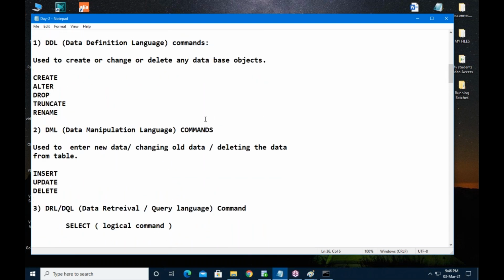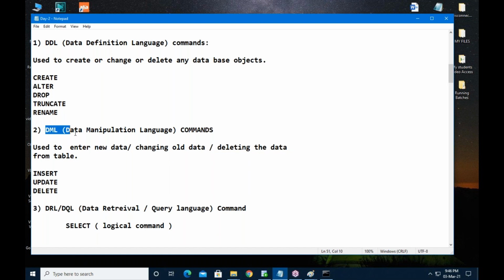I'm not explaining any command today, don't worry. Once we finish the installation process, then only I will enter into the practical session. Before that, I want to give you just a list of commands. Under the DDL category, you have 5 commands: create, alter, drop, truncate, rename. Each and every command we will discuss in detail in future.